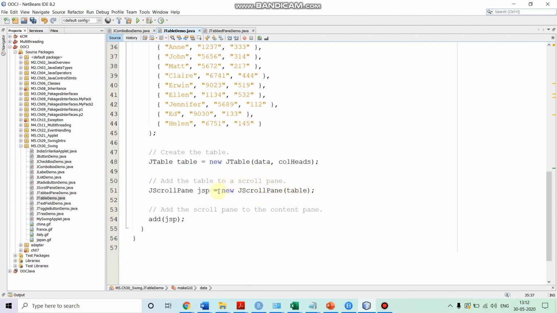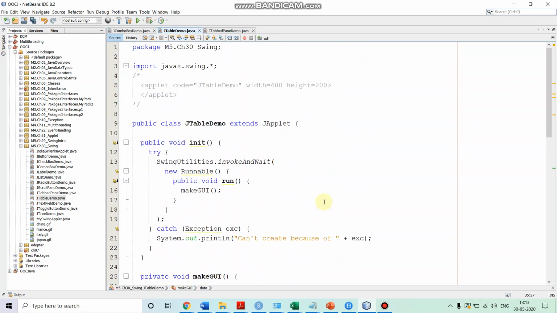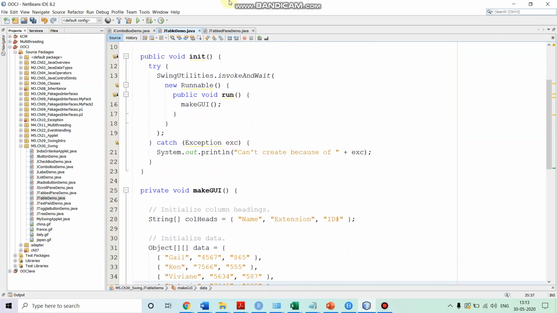It creates our scrollable pane object jsp. Then we add our scroll pane to the content pane associated with the applet. This makes our GUI.